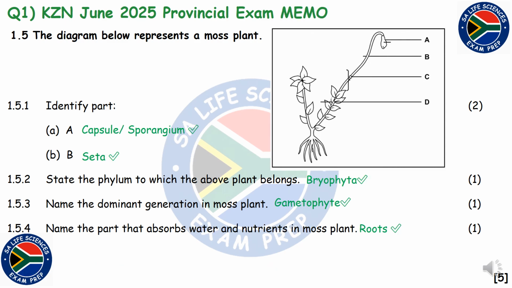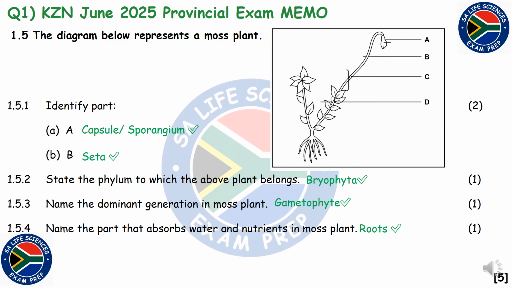Right, so question 1.5.1 asks us to identify parts A and B. Part A is pointing to the capsule, also known as the sporangium. Note that these two words can be used interchangeably. The capsule contains the spores which will be dispersed and grow into a new moss plant. Label B is pointing to the seta. The seta is the stalk-like structure which elevates the sporangium or the capsule into the air so that the